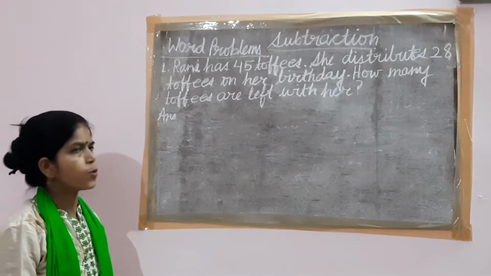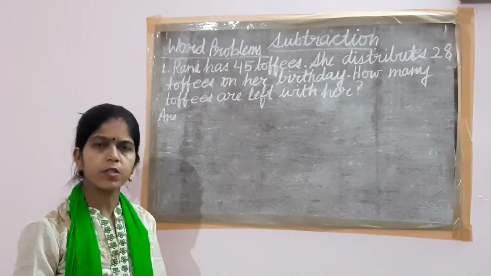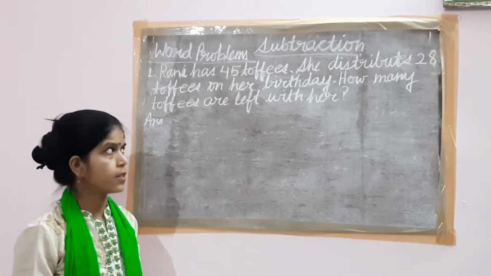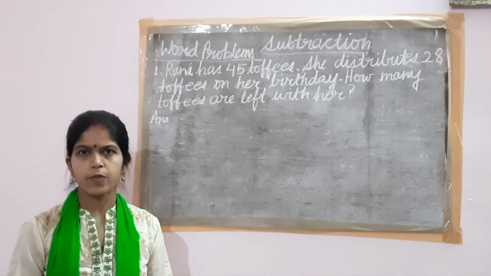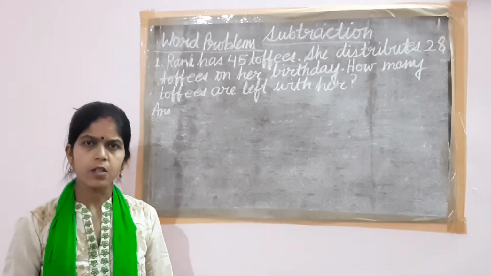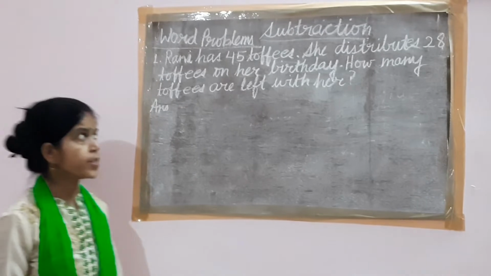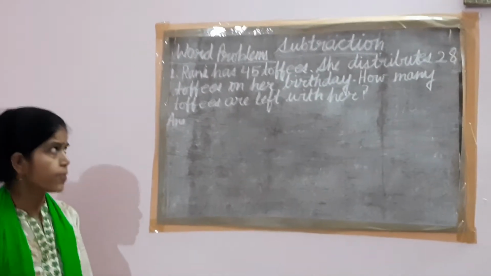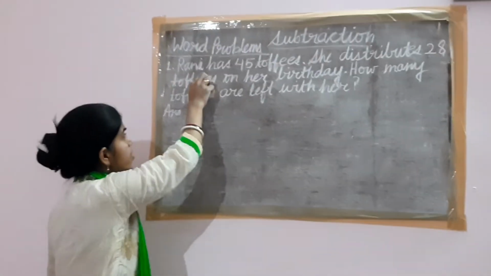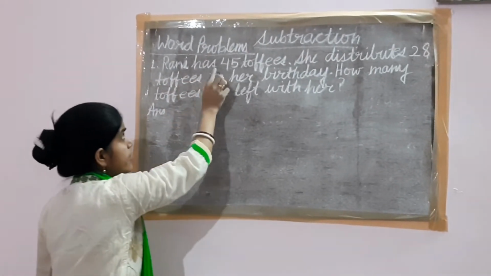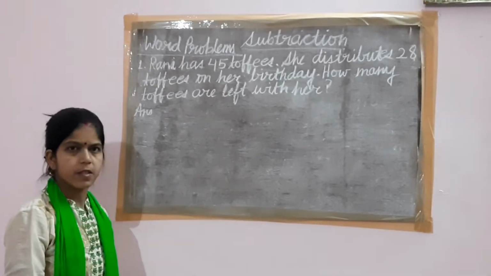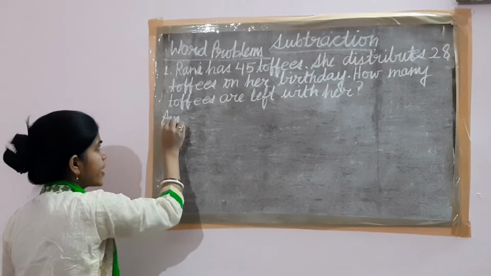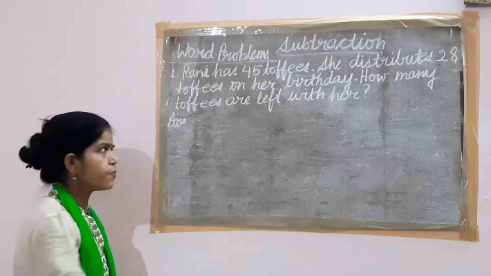So in any word problem, first you have to find out the required information. What are the informations given? And then you have to think also what to do, whether you have to do addition or subtraction. So I am reading with you here and finding what informations are given. Here, one girl named Rani has toffees with her. How many? 45 toffees. So here I am writing that first information in the statement form.